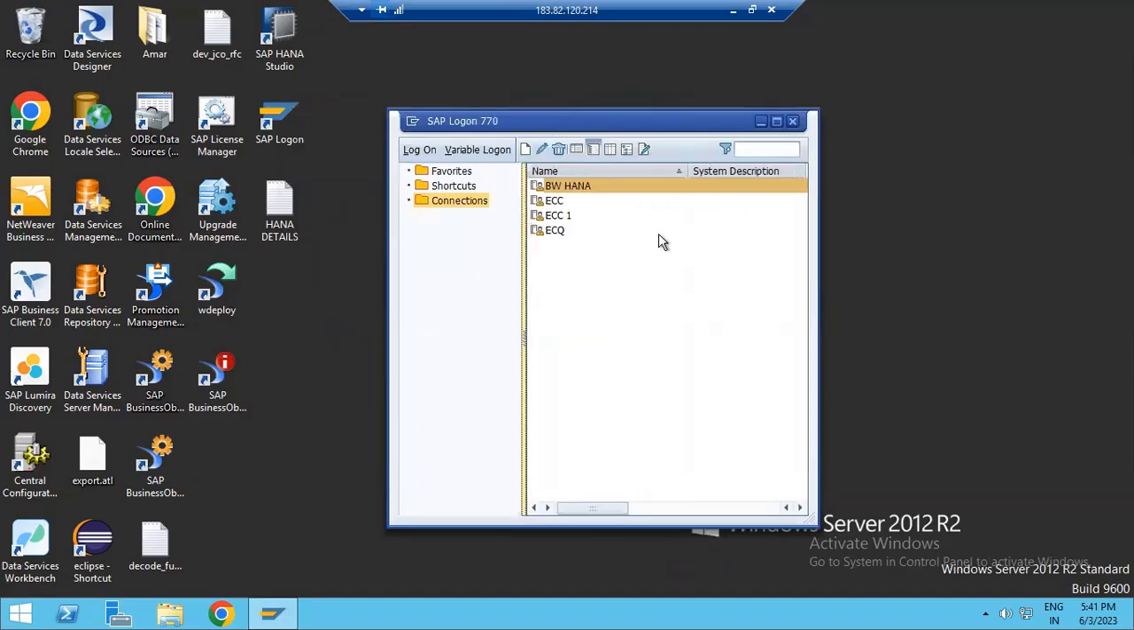So we have BW on HANA and ECC, both systems. Majorly in SAP, in real time, mostly two systems are used: SAP or ECC, or flat file. Some advanced clients or other clients use other tools, like other ERP tools and so on. Okay, give me 2 minutes. I am going to